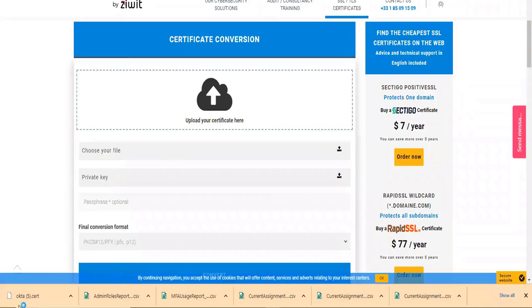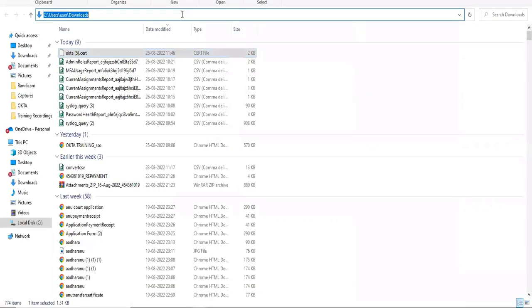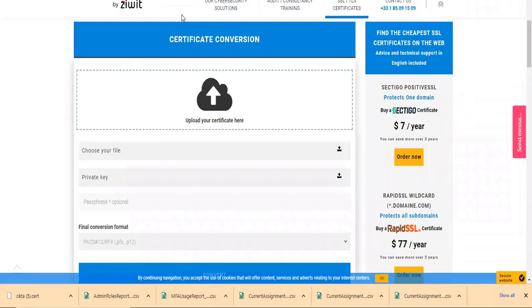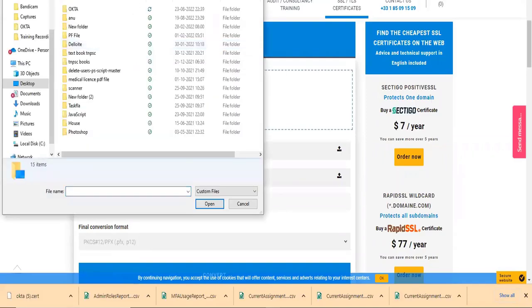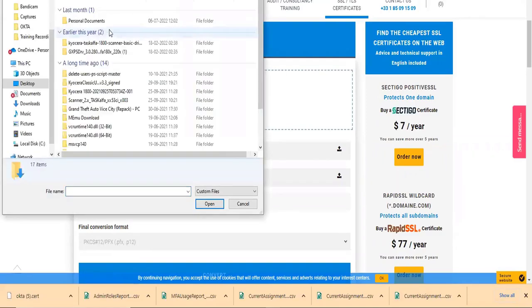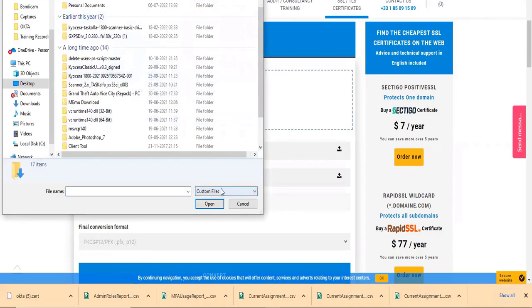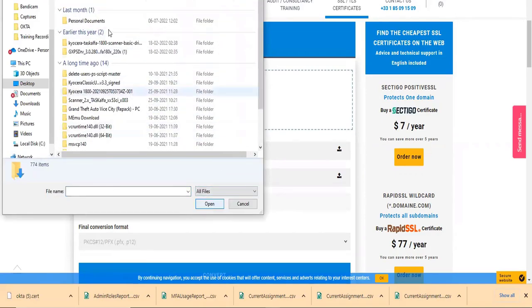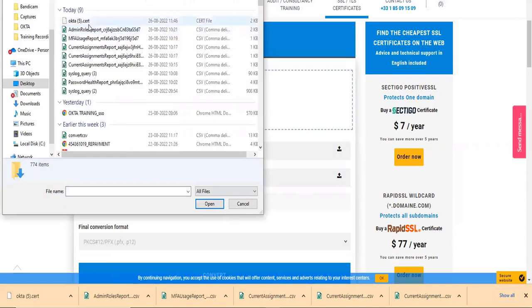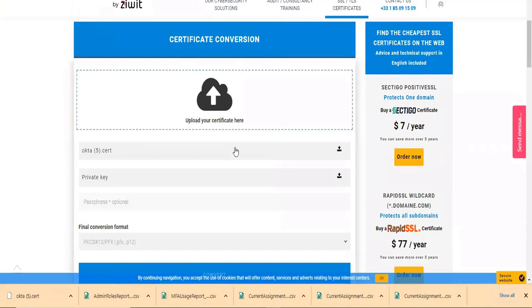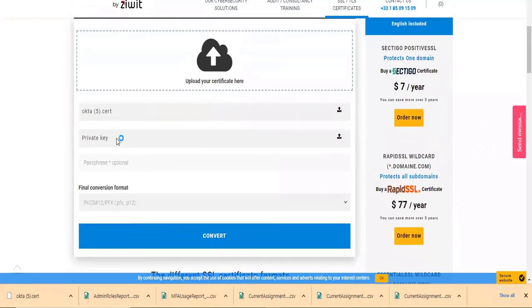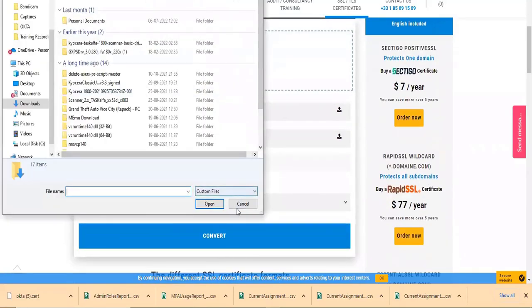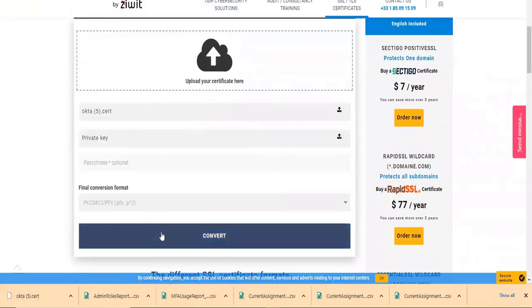Oh, it's in C drive. Yeah, it should be alright. Okay, so I'm just uploading the cert file here, you can see. We need a private key also.